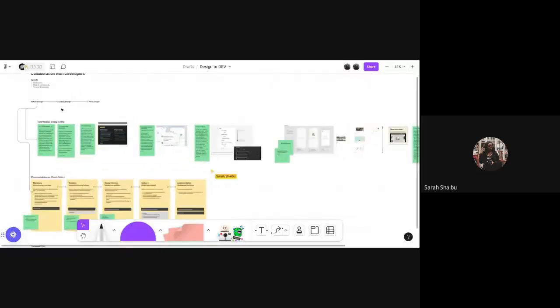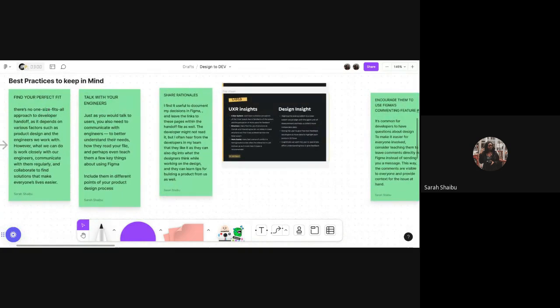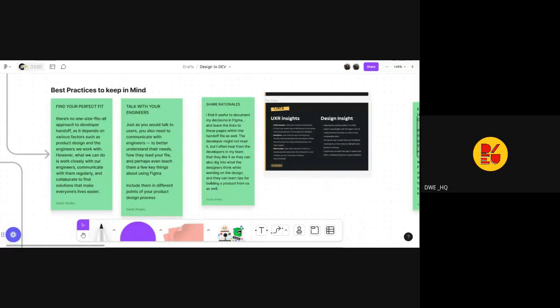Let me know if it's clearer. Yes, it's clearer than it was before.